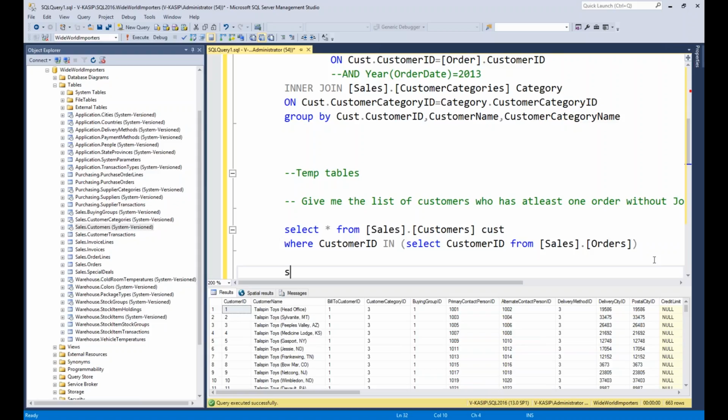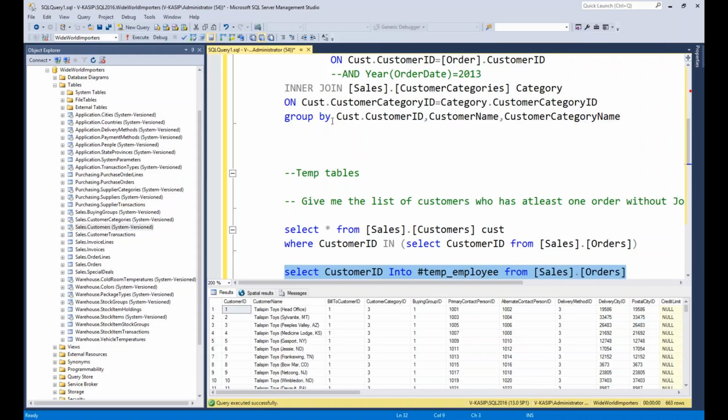Okay, so then I can write like this: select customer ID into #tmp_employee in the same query. The hash is the keyword to define the temporary table. Select customer ID into #temp_employee.